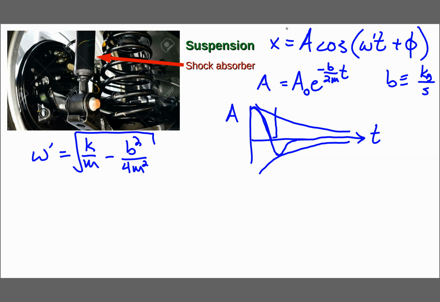Let me see if I can find a way to show you guys this. This is 1, 2, and then 3 pieces of the cycle. From top to equilibrium, that's 1/4 of a cycle. From equilibrium to the trough is 1/4, and then from trough back to equilibrium is 1/4. And this looks really uneven. It looks like it's not a quarter because of the exponential decay. But if you think of my kind of perfect cosine function,